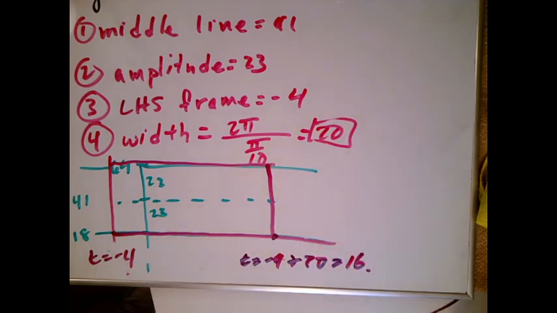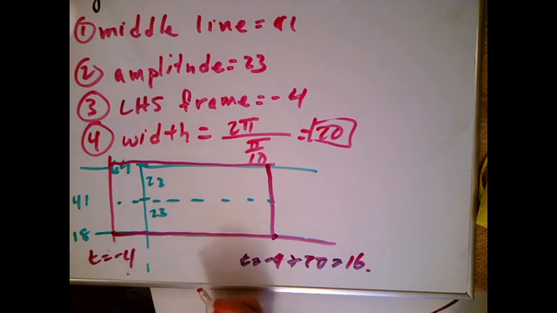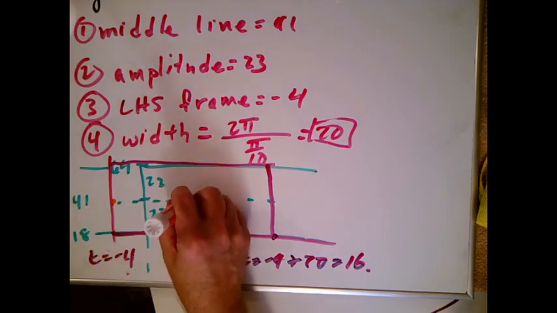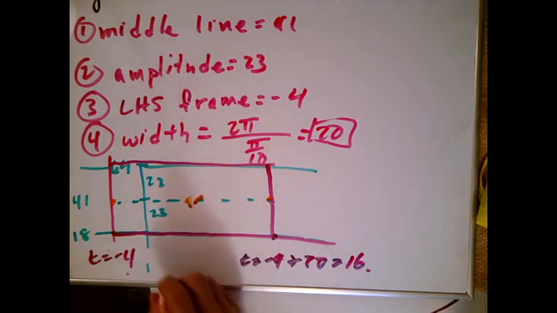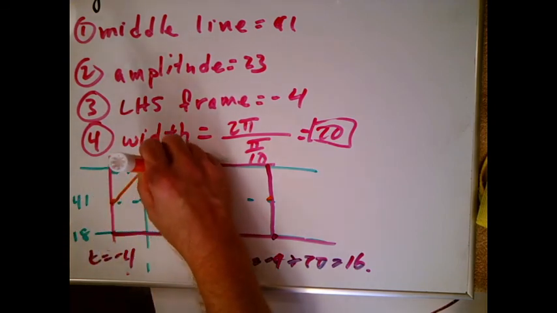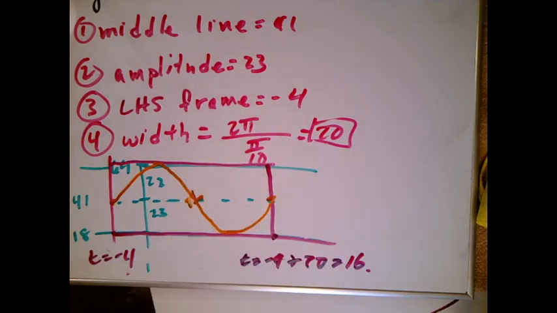So this is actually where my graph is. The top is at 64, the bottom is 18, the left-hand side is -4, the right-hand side is 16, and in the middle, we are supposed to draw sine, which starts in the middle and ends at the top. So I'm just going to put a couple dots that I know are good for sine. Maybe right there, this, and then sine goes up, and then down, and then down, and then up,